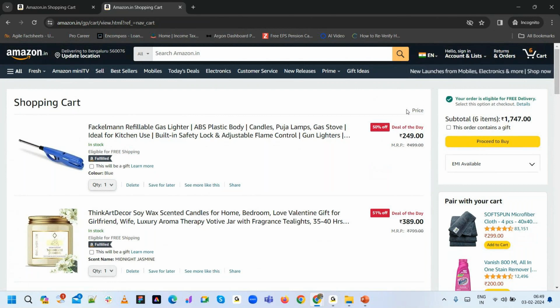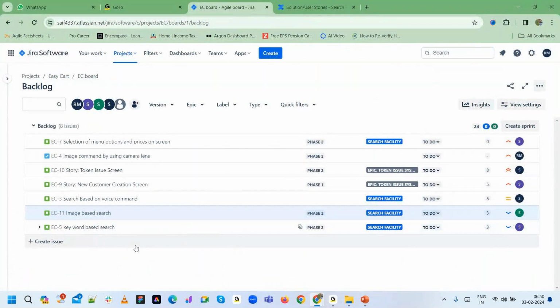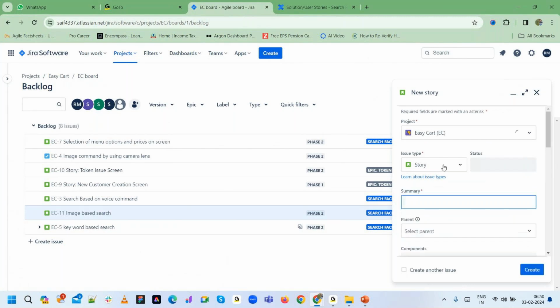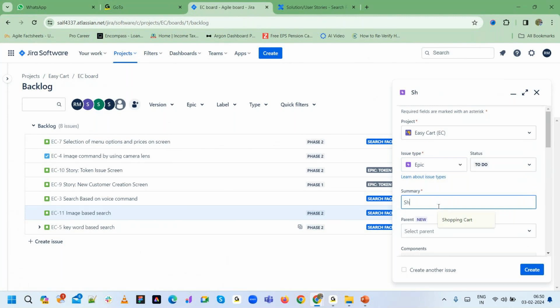Where do you document all these things? You are going to document each of these things in Confluence. But the numbering and the mapping, you are going to keep in Jira. In Jira, you are going to create a new story, a new epic. What is the epic? Shopping cart is the epic, correct? I'll select the epic and say that shopping cart is an epic. Within this,